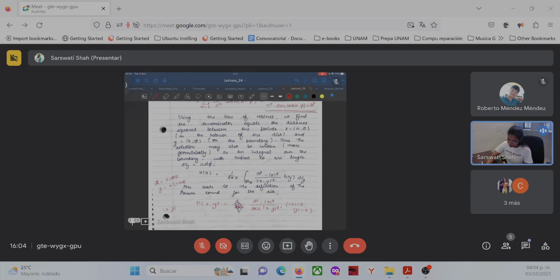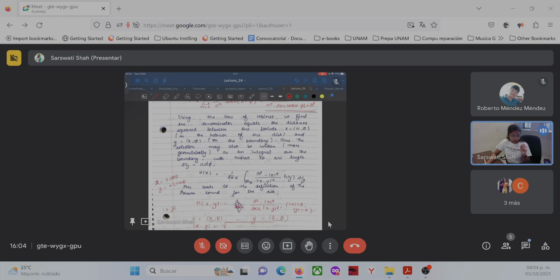Okay, let me explain it in a more general way. I am taking 2 points, (r, theta) and y equals (a, phi). So the distance modulus of x minus y is equal to the square root of